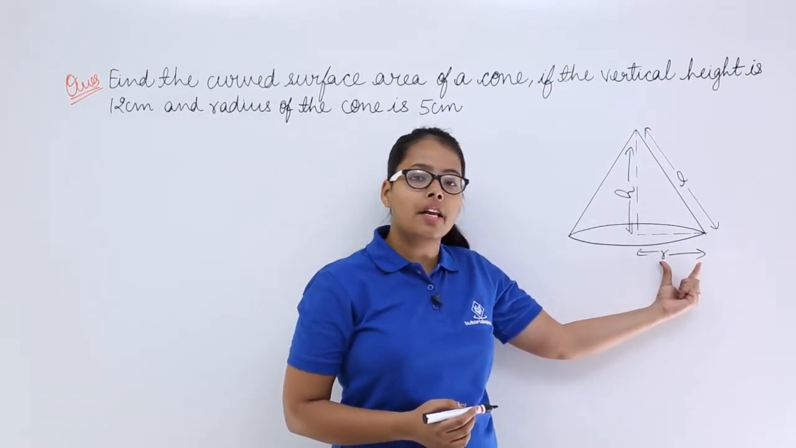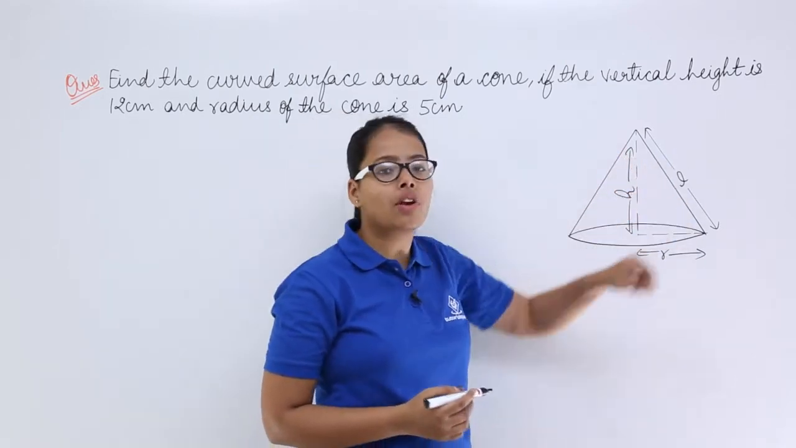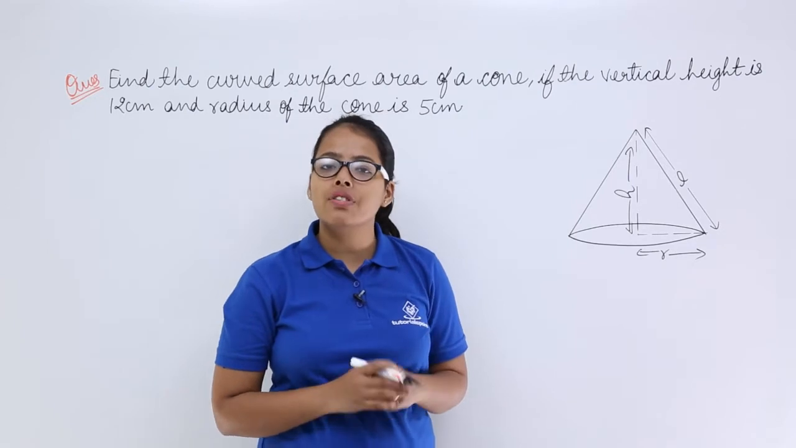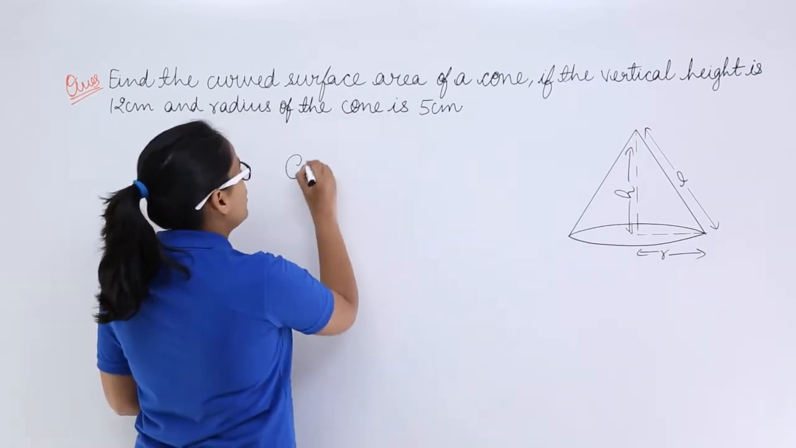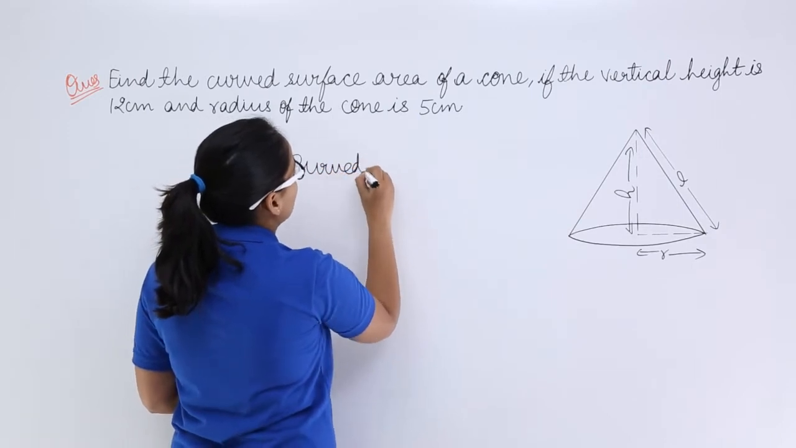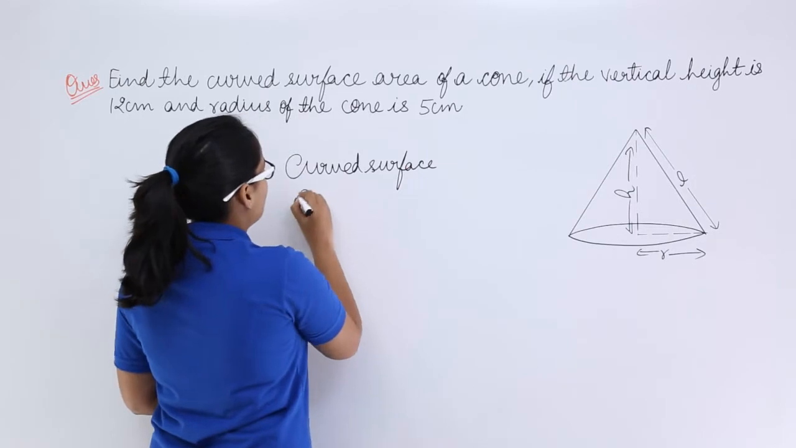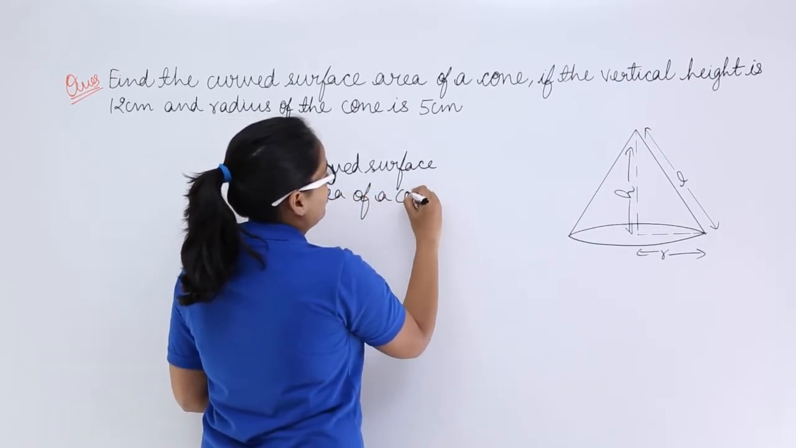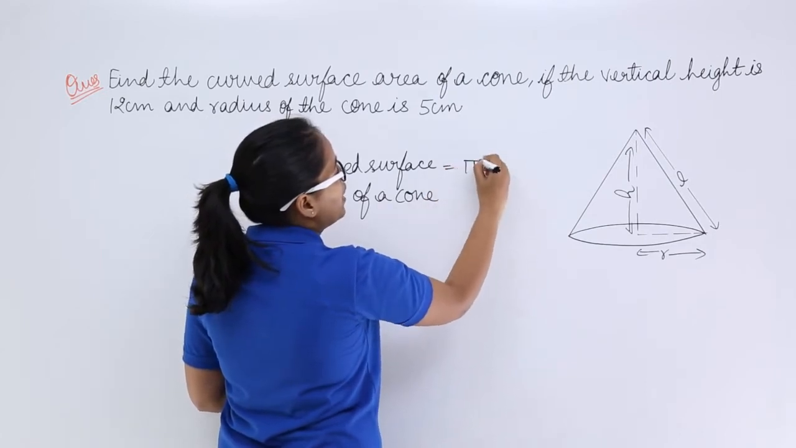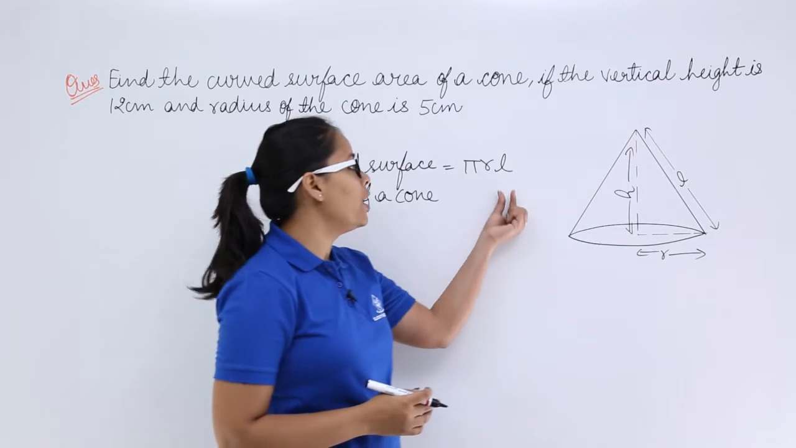You know that this is the radius of the cone. This is the vertical height of the cone and this is the lateral height of the cone. What is the curved surface area of a cone? It is pi RL. So let's apply the formula. Curved surface area of a cone, and that is pi RL, where you know that R is the radius of the cone and L is the